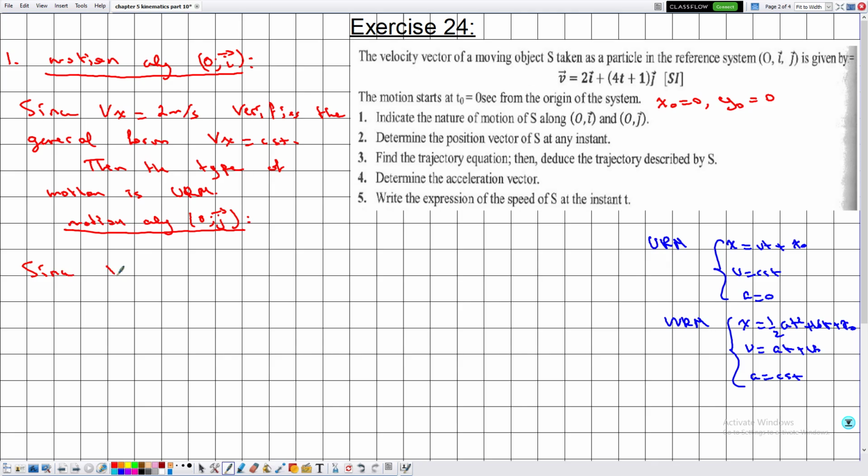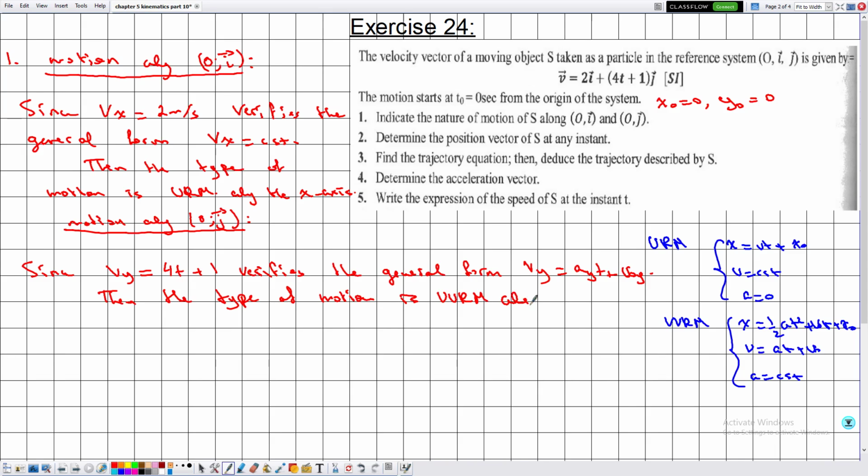Since Vy = 4t + 1, and whenever the speed is linear in time, this means that the type of motion is UVRM, which verifies the general form Vy = ayt + V0y, then the type of motion is UVRM along the y-axis. Okay,